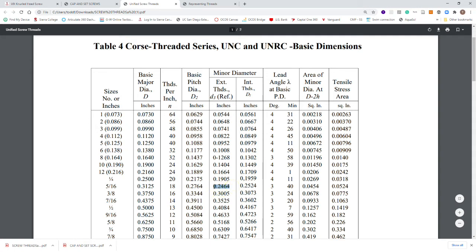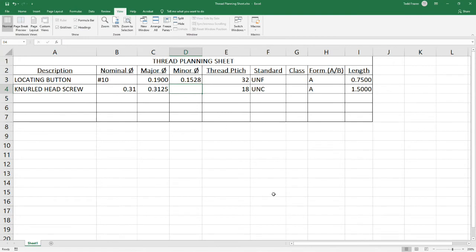And that's going to be 0.2464. Okay, so we have our information for the knurled head screw. For posterity, we're going to make these class 2 threads. It'll be a pretty typical thread class.